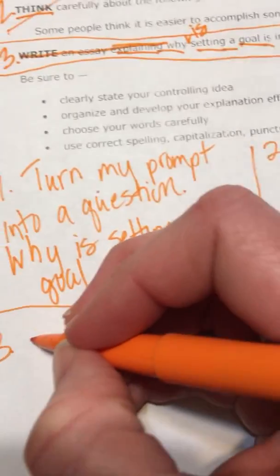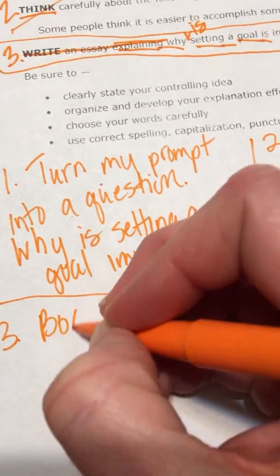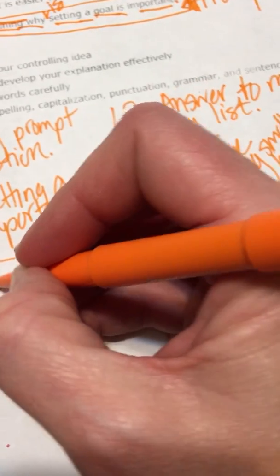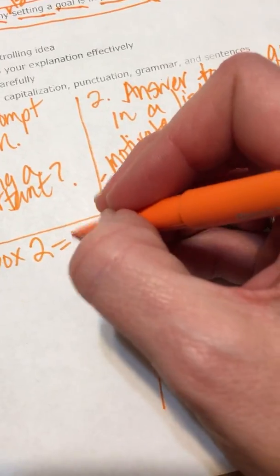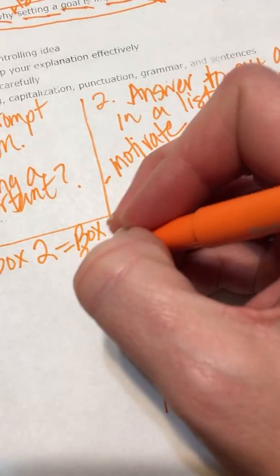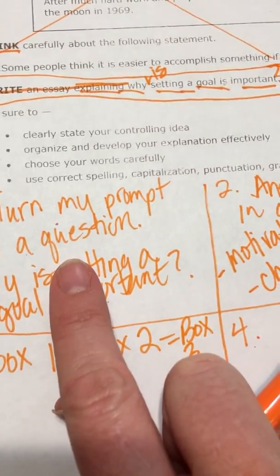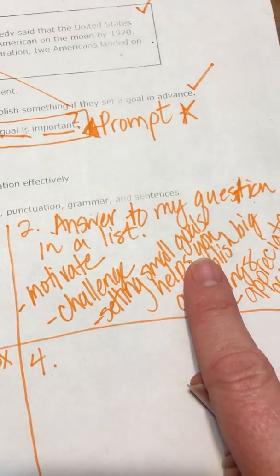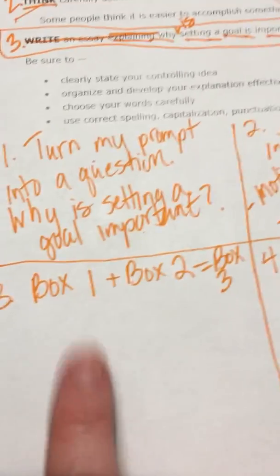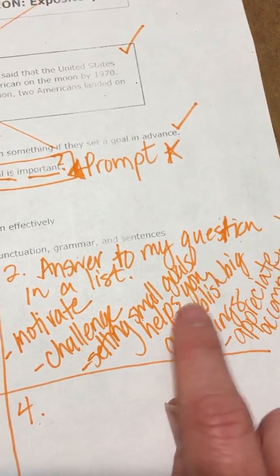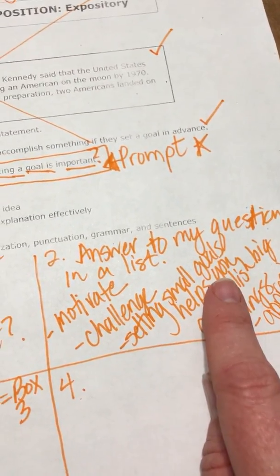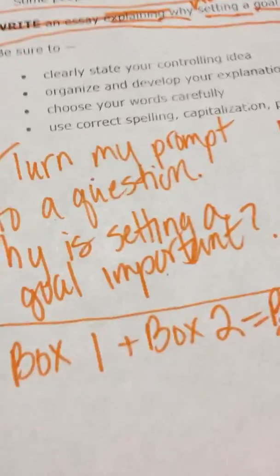So now for box 3, what I'm going to do is I'm going to say box 1 plus box 2 equals box 3. So I'm going to take my question and I'm going to answer it, and that's where I'm going to put it here in box 3, okay? So I'm going to take my question and I'm going to choose 2 answers, and now these are going to become my reasons, and this will then become my